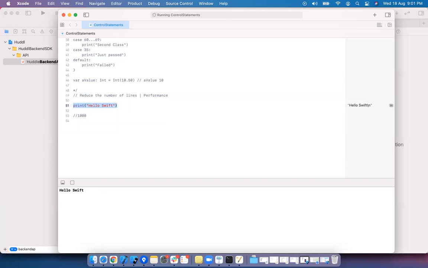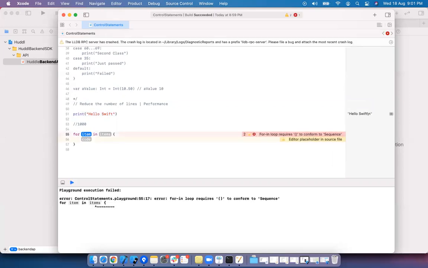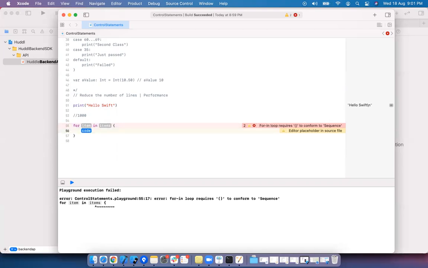For that, we have control statements. Among control statements we have the for loop. Here we have for-in. This is the syntax: item in items. Now what I can do is give i in items.